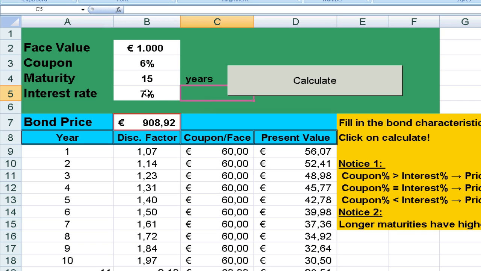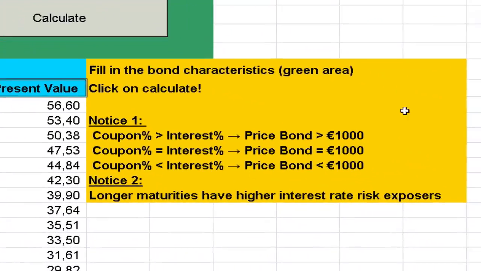And what do we see? We see bond prices rise and drop. If the coupon percentage is the same as the yield to maturity, or as interest rate as it is called in this Excel slide, and we put on calculate, the bond price will always be 1,000. So if we look at this